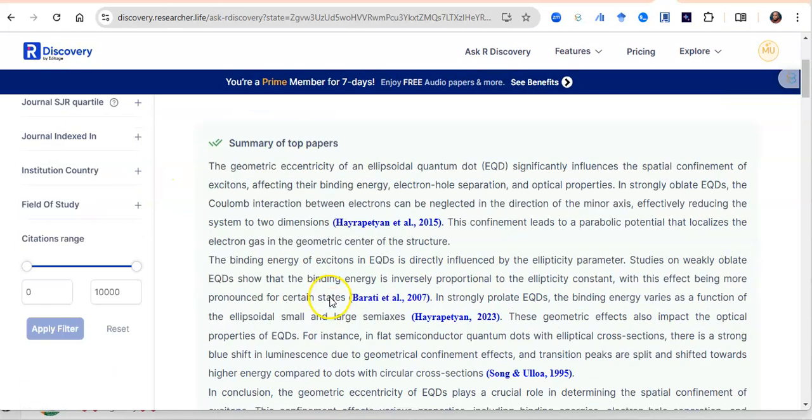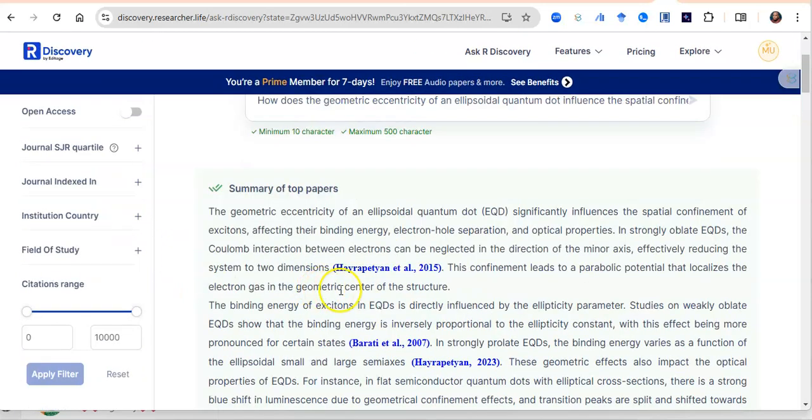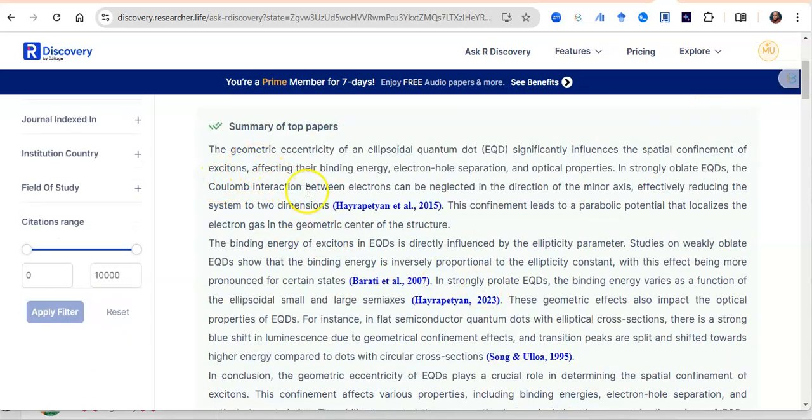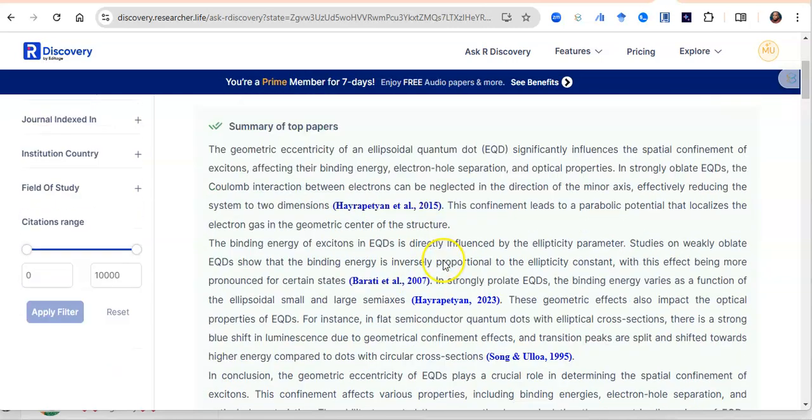If I want only papers that were written in the last 5 years, if I want only open access papers, I can do all of that. And so let's look at this. Look at these citations. It has given me a summary with citations. And let's go to